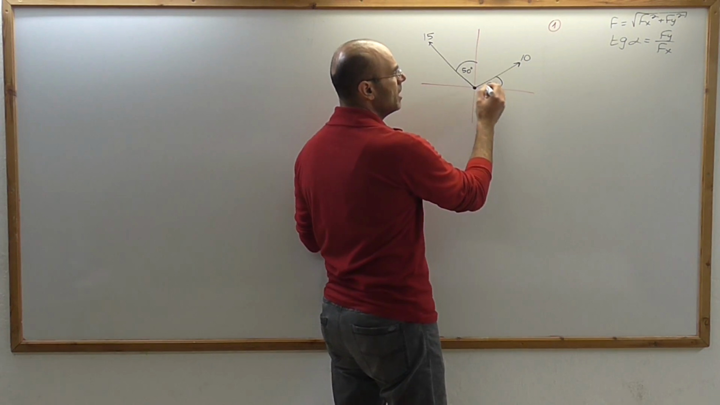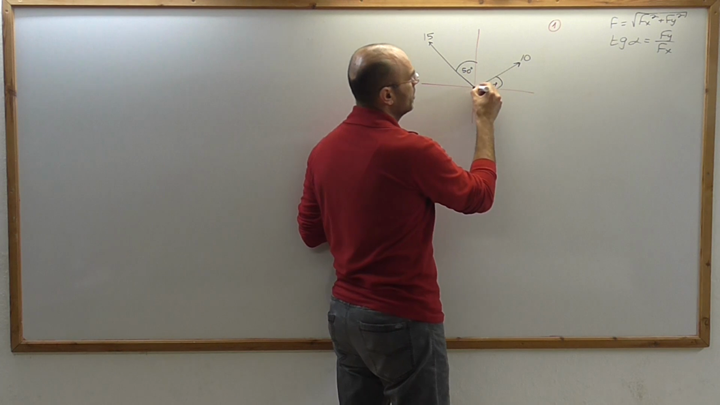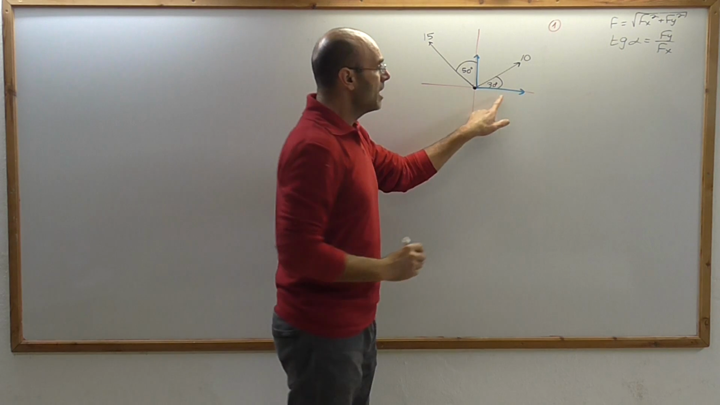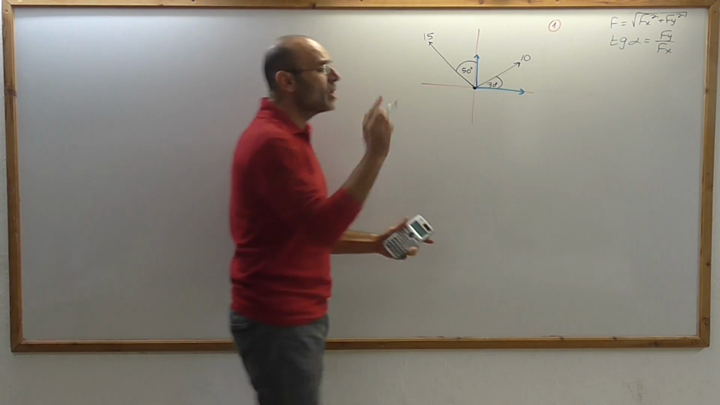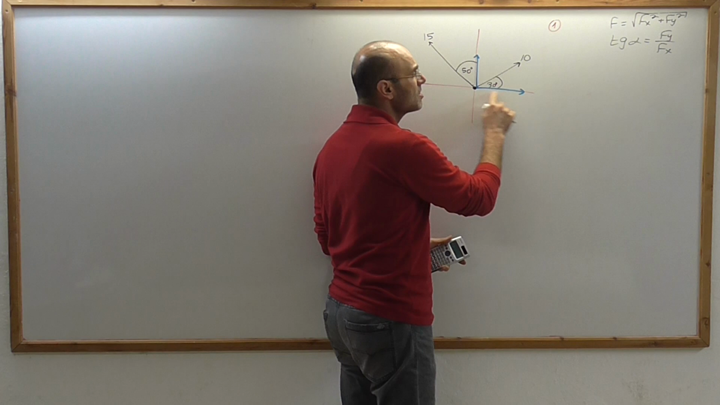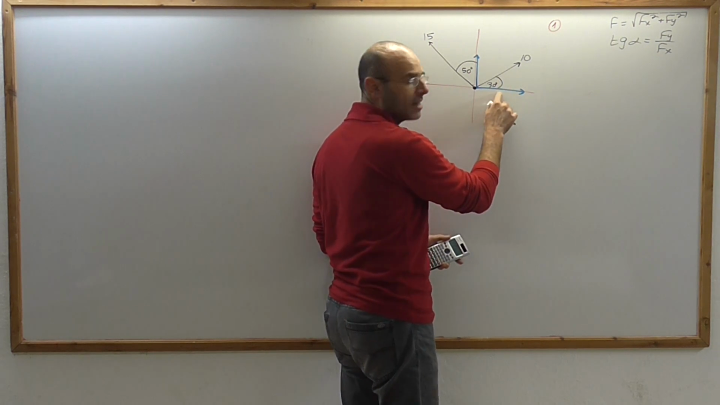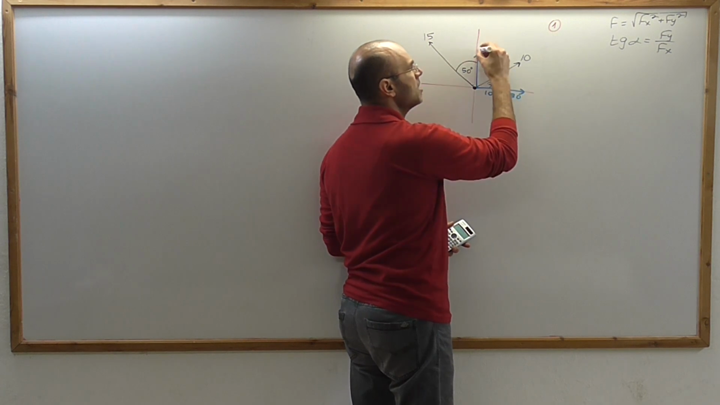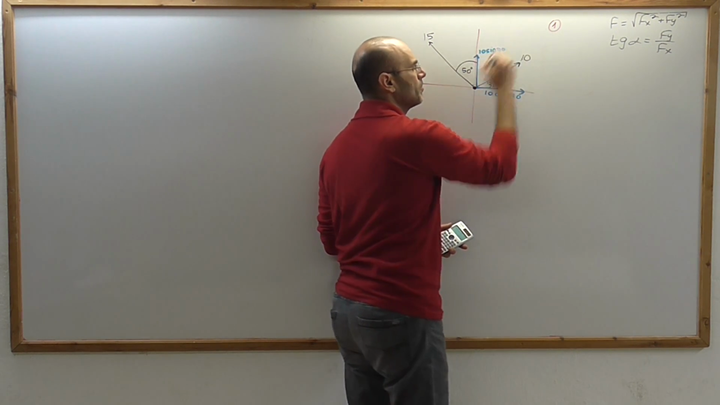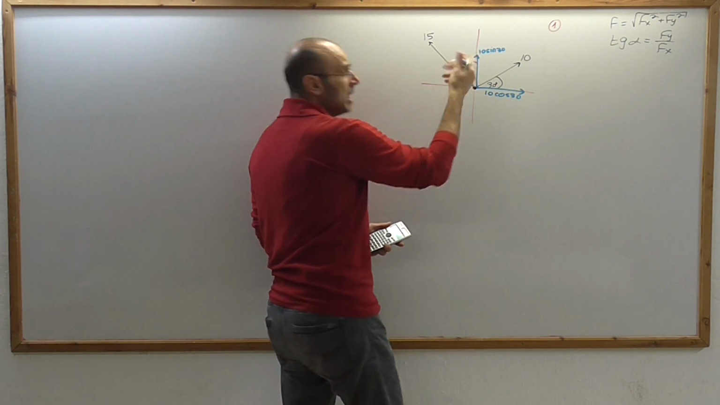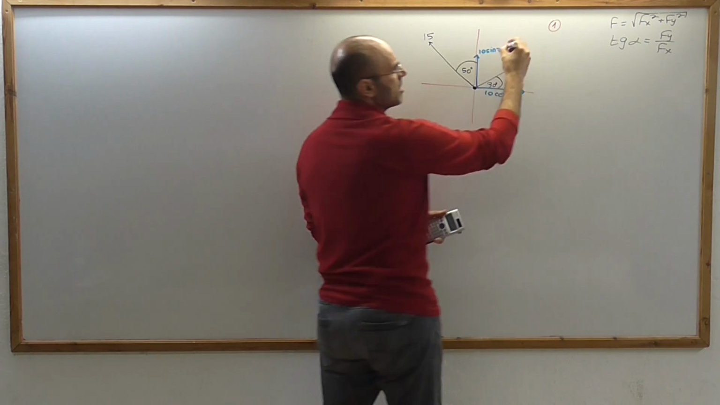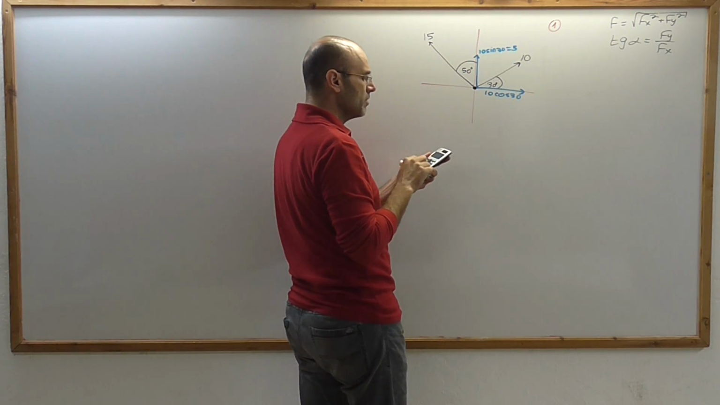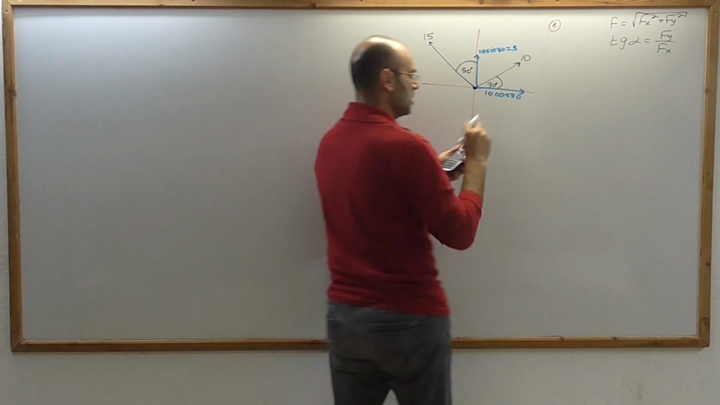Let's start with this one, like we did in lesson 2. We break it into an x vector and a y vector. I remind you, who gets the cosine? The cosine is always the vector next to the angle. So this one will be 10 cosine 30, and this one 10 sine 30. Let's calculate them. 10 sine 30 is 5,